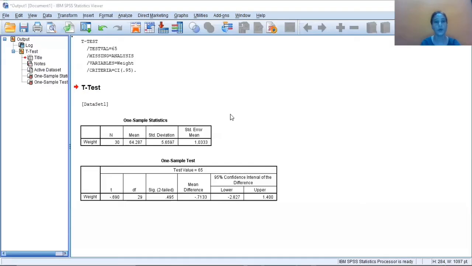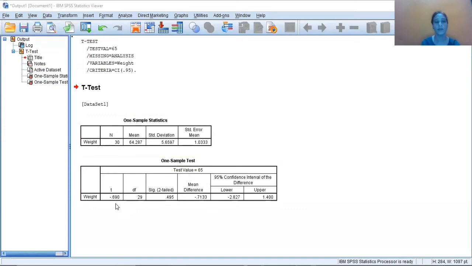The output window of SPSS will give you the test result. Here we are with the two tables. The first one is the statistics table of the one sample t-test. In that you can see the variable is weight, the sample size is 30, and this is the mean weight and this is the standard deviation of the weight. The main table is the second table.